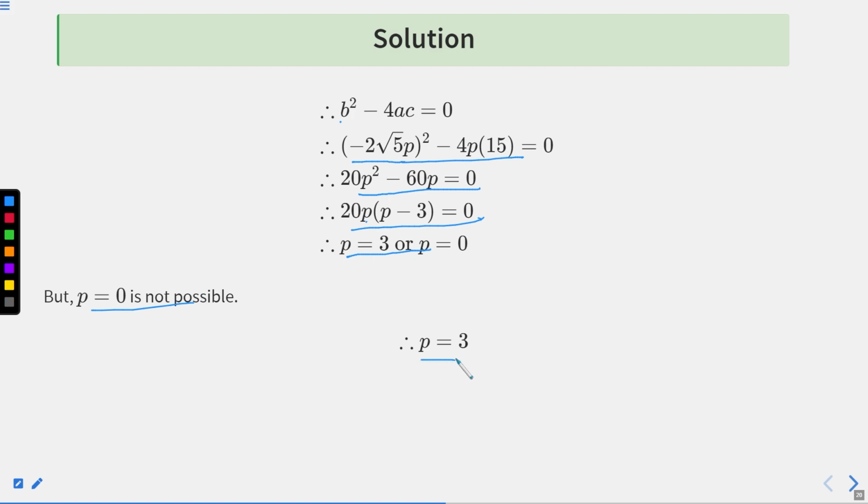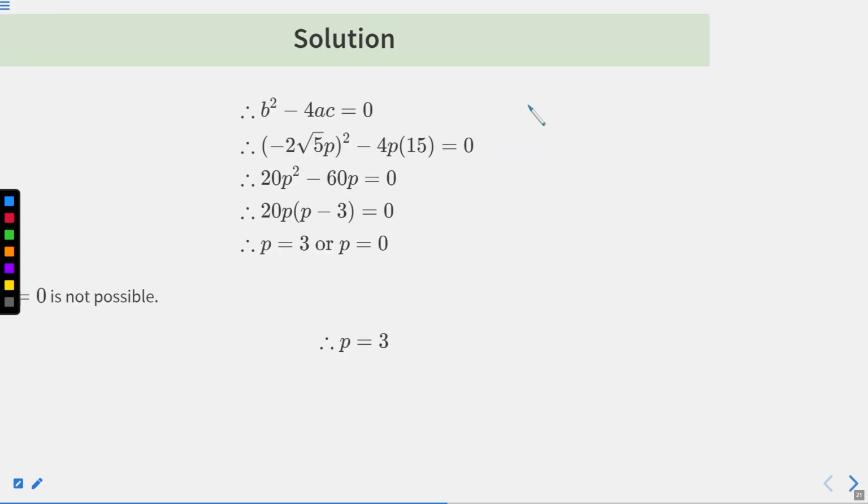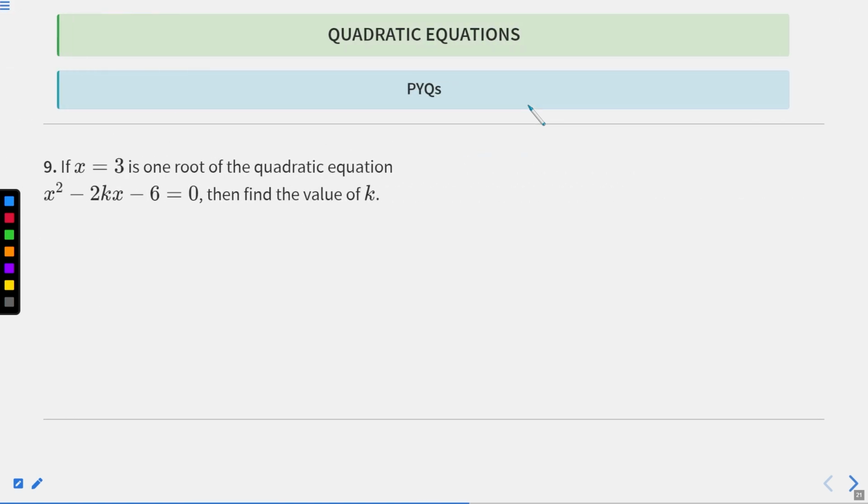So the given quadratic equation has 2 equal roots, then the value of p is equal to 3. Okay, now let us move to question number 9. In question number 9, we have this quadratic equation x square minus 2kx minus 6 is equal to 0. And here we have given this information: x minus 3